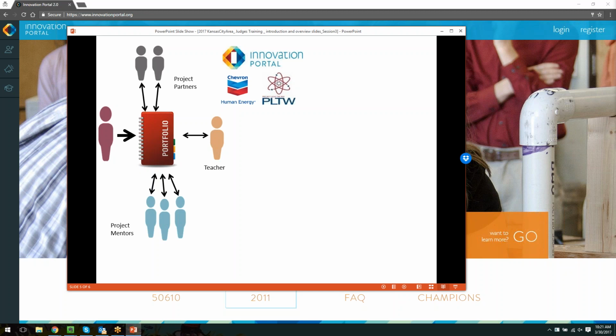And then what's really neat is they can also invite project mentors to evaluate their portfolio in advance to give them feedback. So both helping them look forward to the next section and also evaluate the work and use the exact rubric that you're going to be using to evaluate the student work. The project mentors can evaluate the work that the students have accomplished so far and submit those scores back to the students to give them an idea of where their work stands currently,